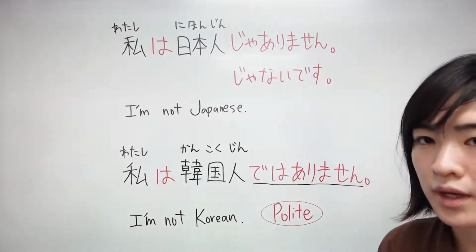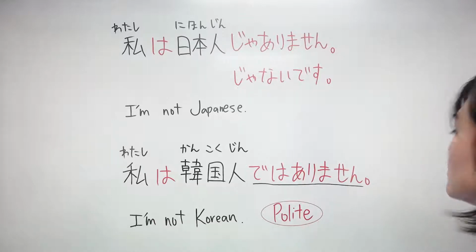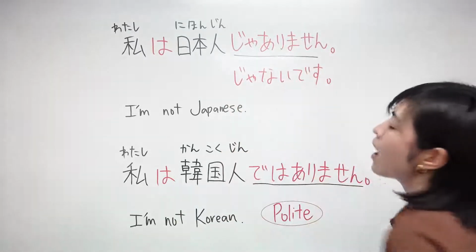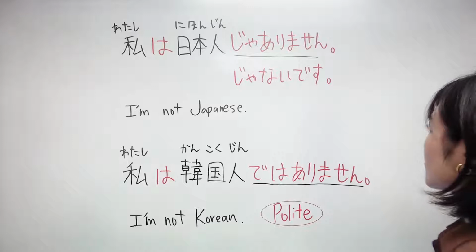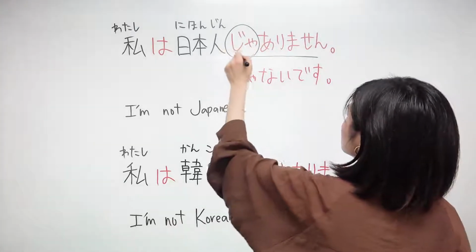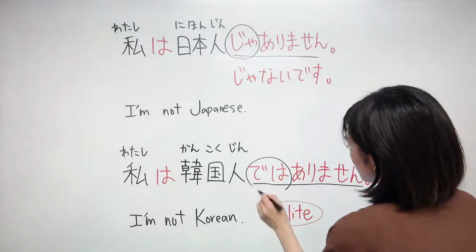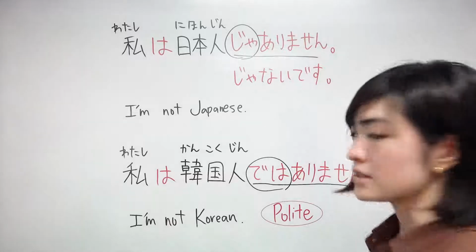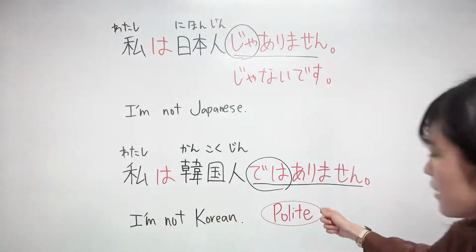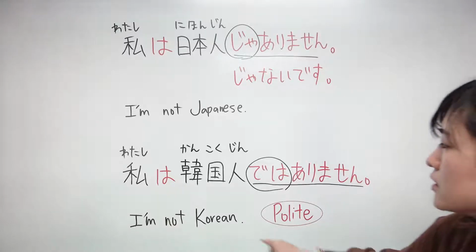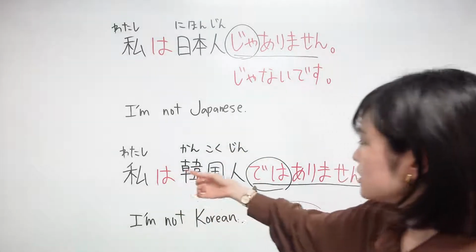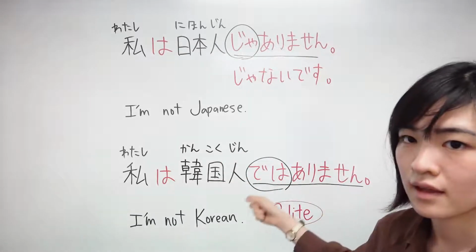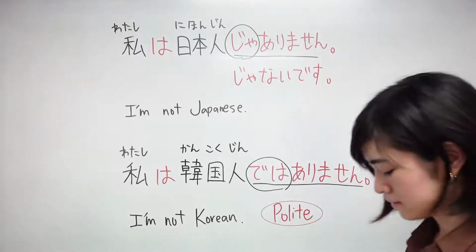This is a polite way to say I am not. Before we said I'm not is じゃありません. All you have to do is change じゃ to では. Might be a bit difficult now, but please remember the polite way to say I am not something. ではありません。